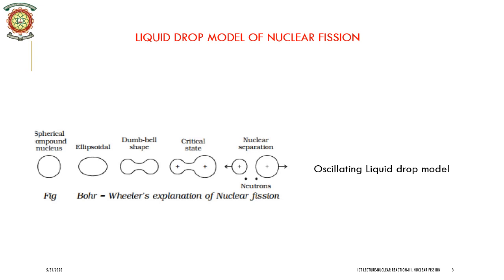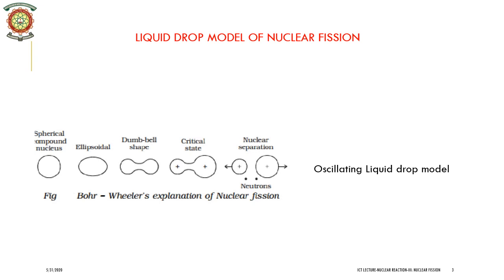According to Bohr, when a heavy nucleus is bombarded by a neutron of suitable energy, the neutron is absorbed and a compound nucleus is formed. The energy of the compound nucleus is equal to the binding energy of the captured neutron and any kinetic energy that the neutron may have had. The additional energy excites the compound nucleus. If the additional energy is not large enough, that is, less than a certain threshold value, the nucleus will de-excite with the emission of gamma photons. This process is generally known as radiative capture, which we discussed in the previous video. Alternately, it may eject a few nucleons.